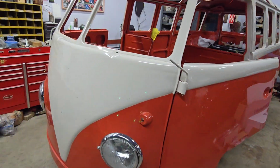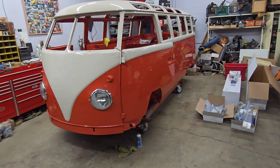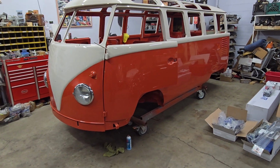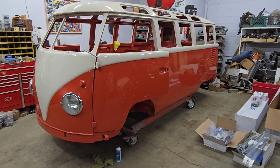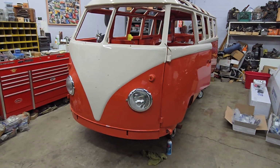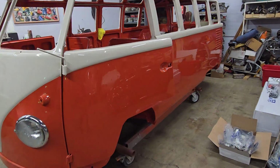So on the 23 window Deluxe, I spent the morning just stripping some more old things out of the bus. The old brake lines were still in there, some of them at least. The throttle cable was still in there, the clutch cable, the heater control cable, which was not too bad to get out, but the